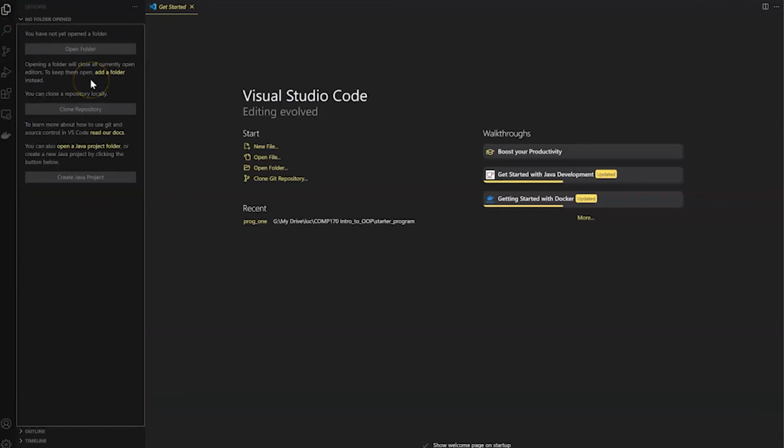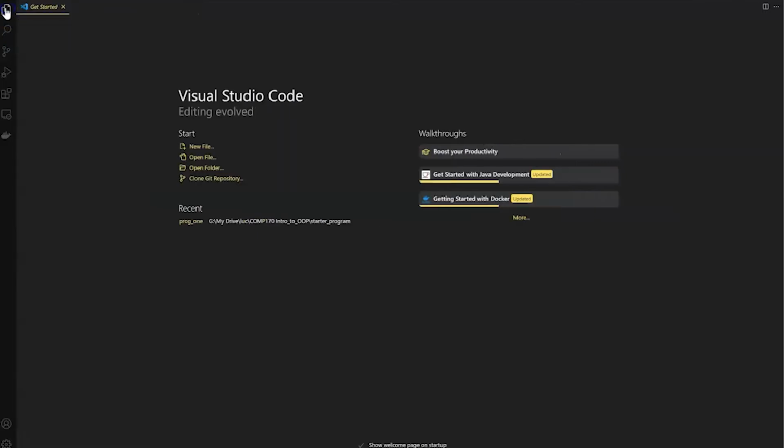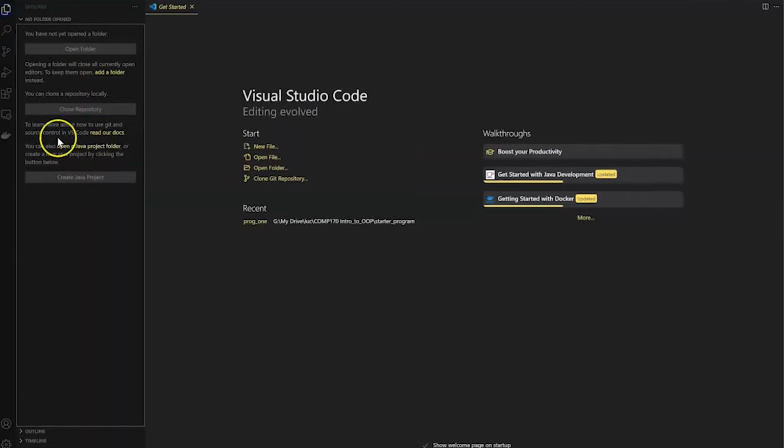So if you went through the process of actually installing Java and using that tutorial, that walkthrough from the link within the PowerPoint slides, you should have everything you need to download to basically start a program. If you click on this here, this expands this view of the Explorer window, and you can quickly create a Java project. You can say open a Java project or create Java project,